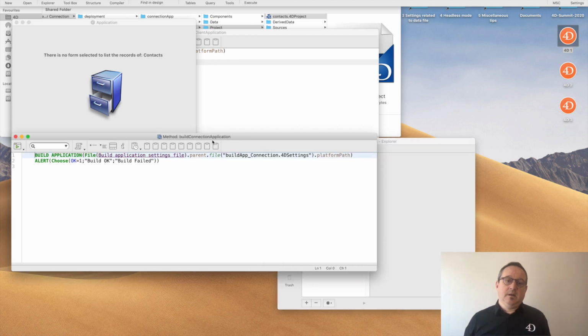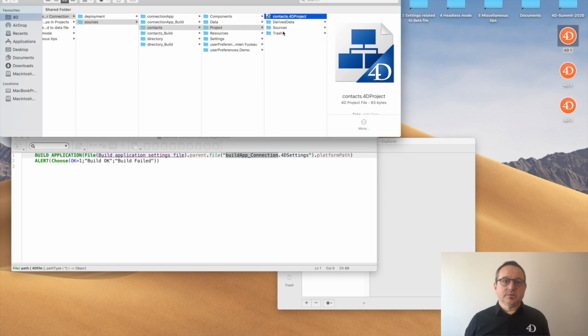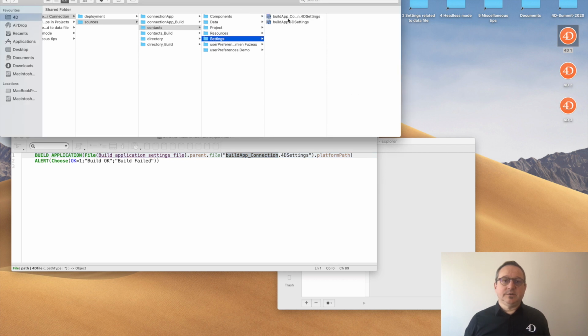So for this, you can use a build app file. I have this method to build the application with a special build application file, the build app connection. And I'll show you this file.